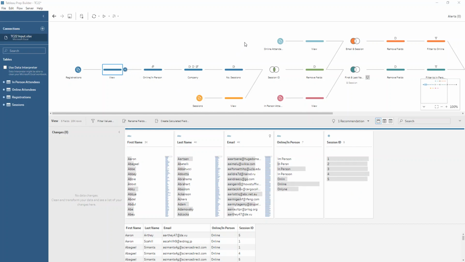Then finally, we've got the information of who actually attended the sessions that they registered for. So we've got the online attendees and the in-person attendees. So we want to know who didn't attend the sessions that they registered for so they can get sent the recording. Okay, so first of all, if we take a look at our online/in-person fields, we probably want to do